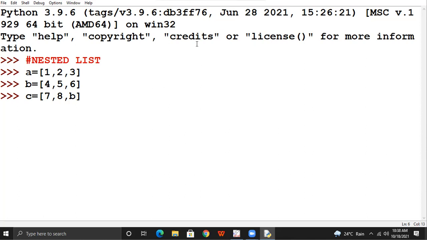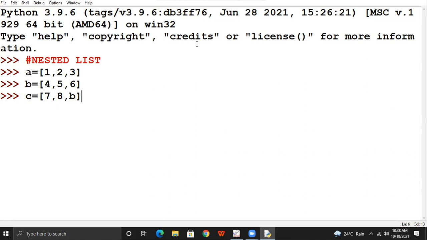I have taken one list B having elements 4, 5, 6. See the third list, 7, 8, B. The first element of list C is 7, its second element is 8, but its third element, that is itself a list. B is itself a list. Got it?